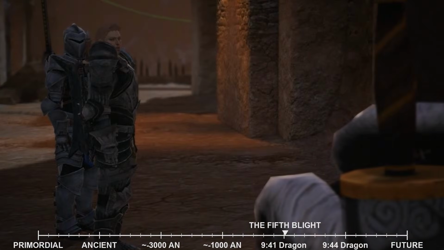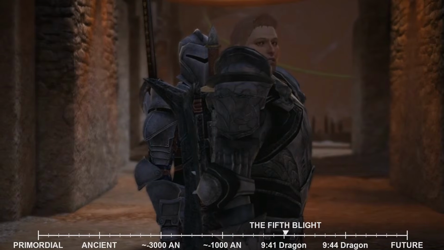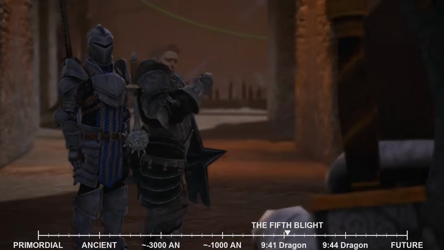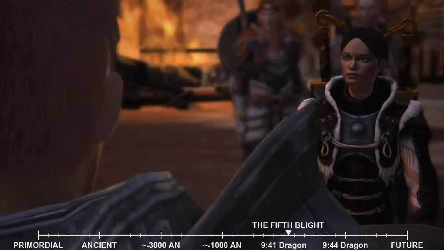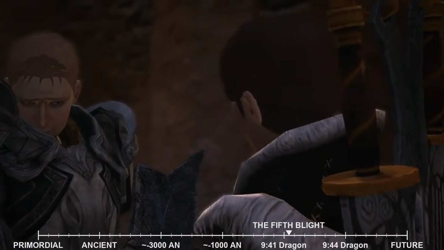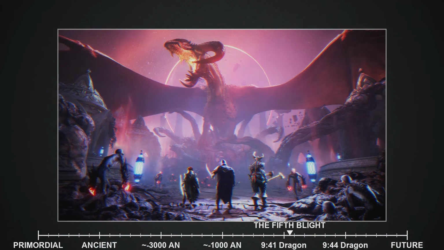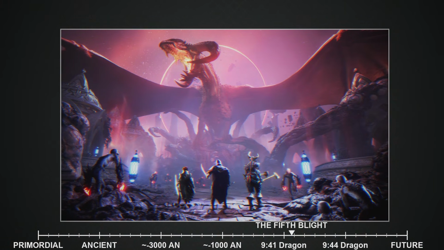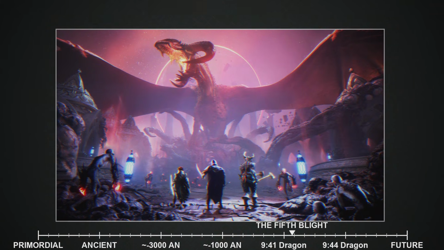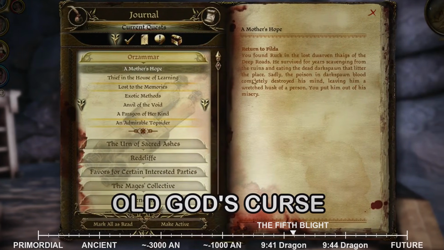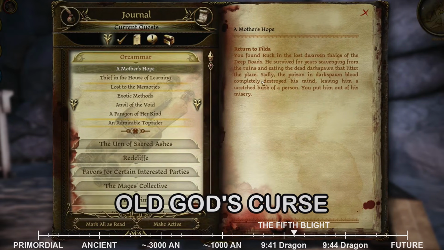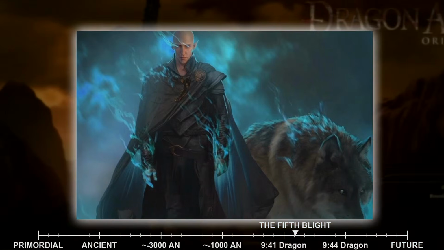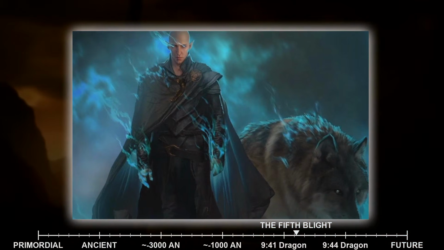As the final preparations were underway, a grim truth was revealed to the Warden. The only way to truly kill an Archdemon was for a Grey Warden to strike the final blow. However, this act was a suicide mission. The Archdemon's corrupted blood, upon its death, would flow into the Grey Warden, overwhelming and killing them in a process known as the Old God's Curse. This revelation cast a heavy shadow over the impending battle, knowing that one of their own would have to make the ultimate sacrifice. It was at this critical juncture that the ancient ritual of the Dark Ritual was revealed.